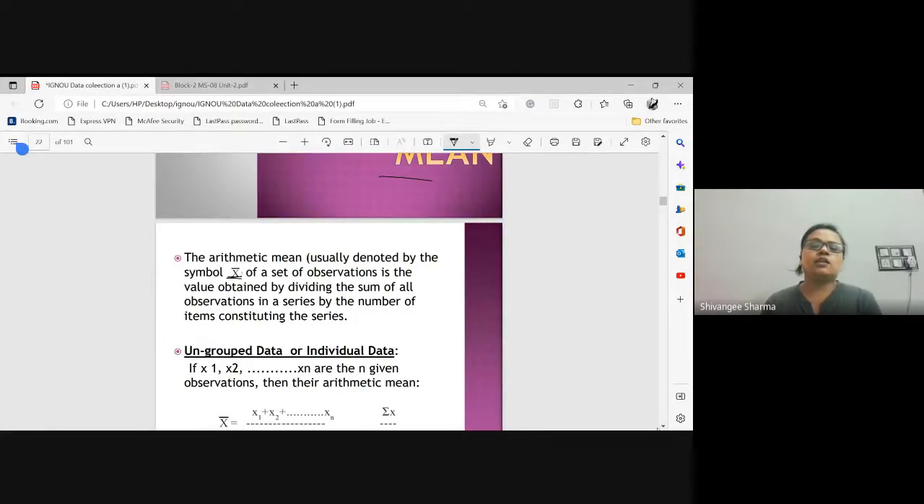X, and above it we have a single line. This line we call a bar. So when this is written, you can either say x bar or you can say average, of a set of observations. It is the value obtained by dividing the sum of observations by the total number, right? So I explained that there are three types of